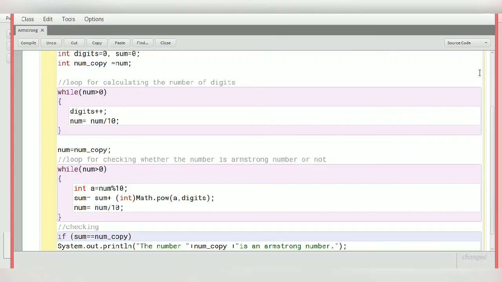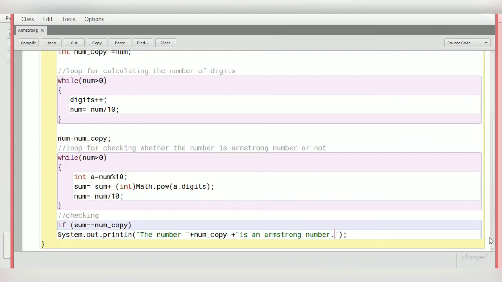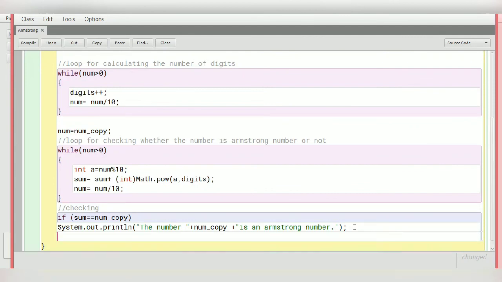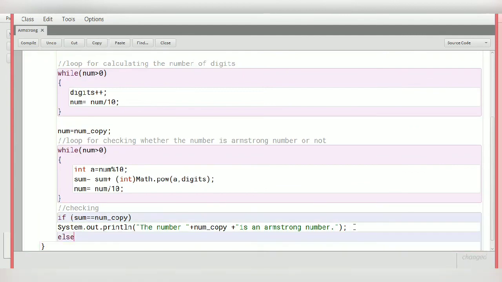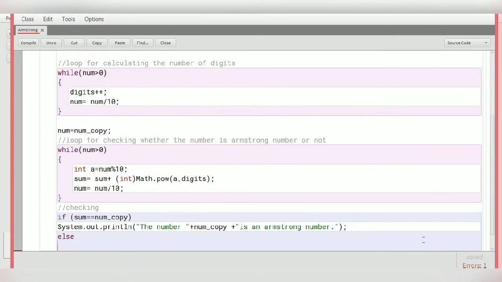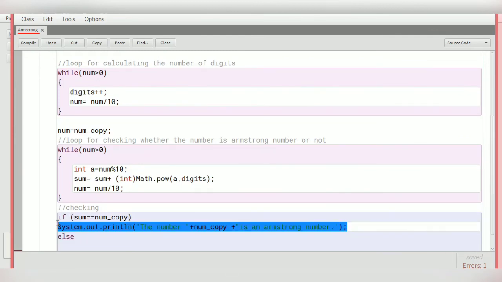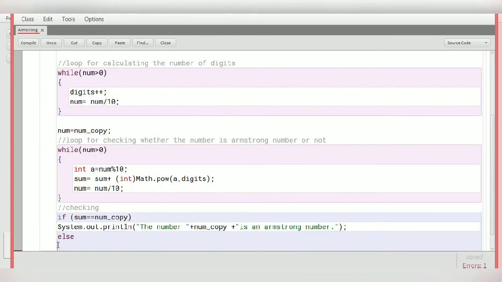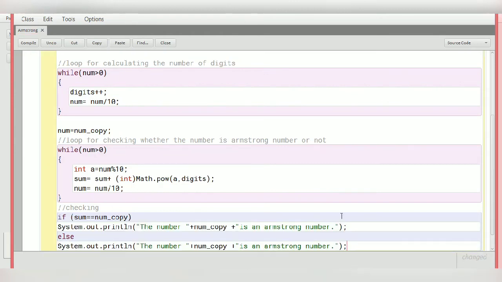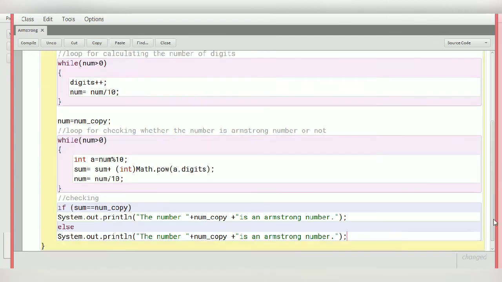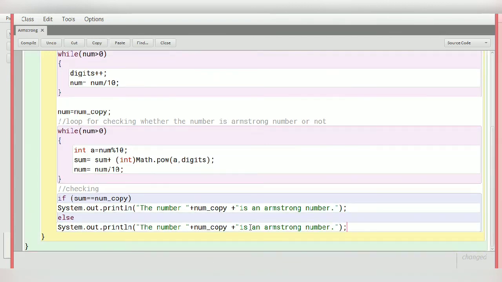Okay, so we are done with the if statement. Now if it is not, then we have to write the else. Okay, I'm going to copy this, Control C. And if it is not, then it is not an Armstrong number.